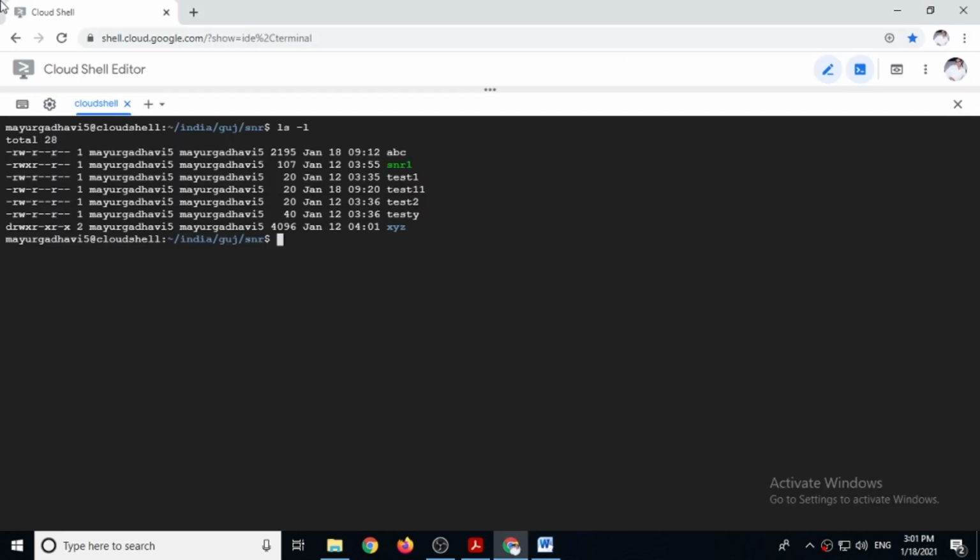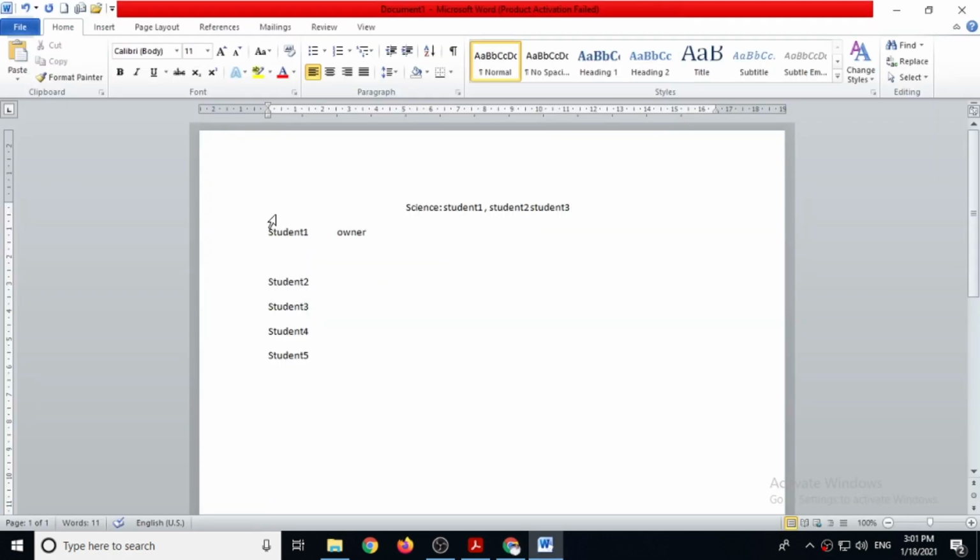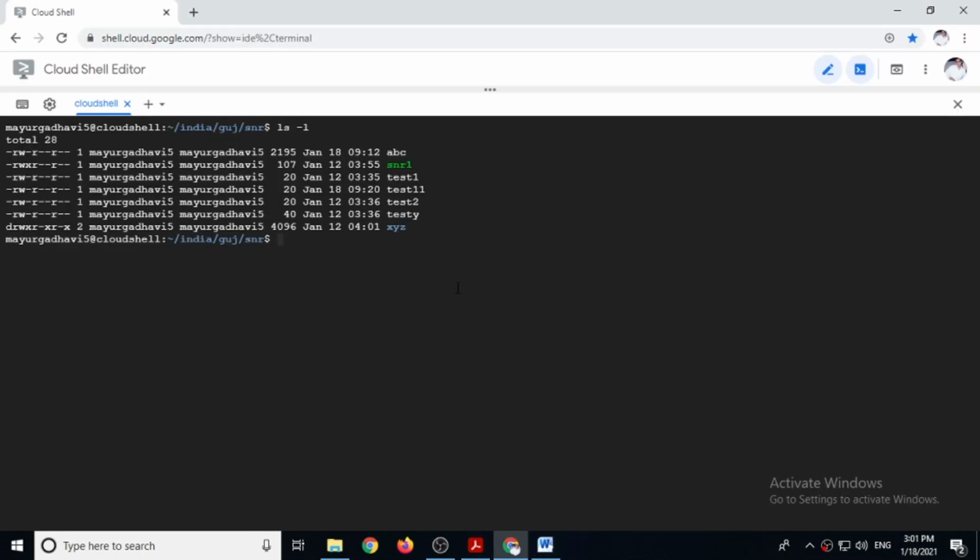Then remember, characters number 5, 6 and 7 show the permission of student 2 and student 3, those who are members of the science group. So student 1 is the owner, whereas student 2 and student 3 are members of this group. Here it shows the permission of the group.